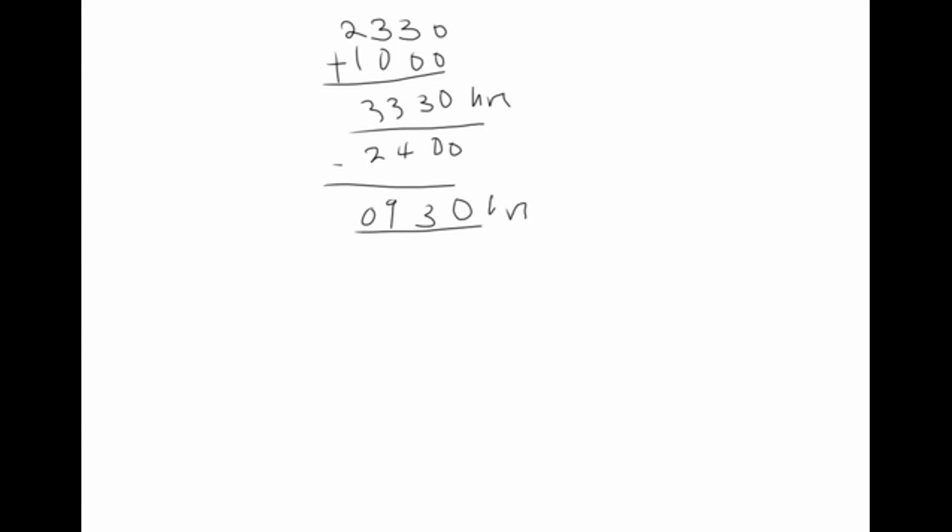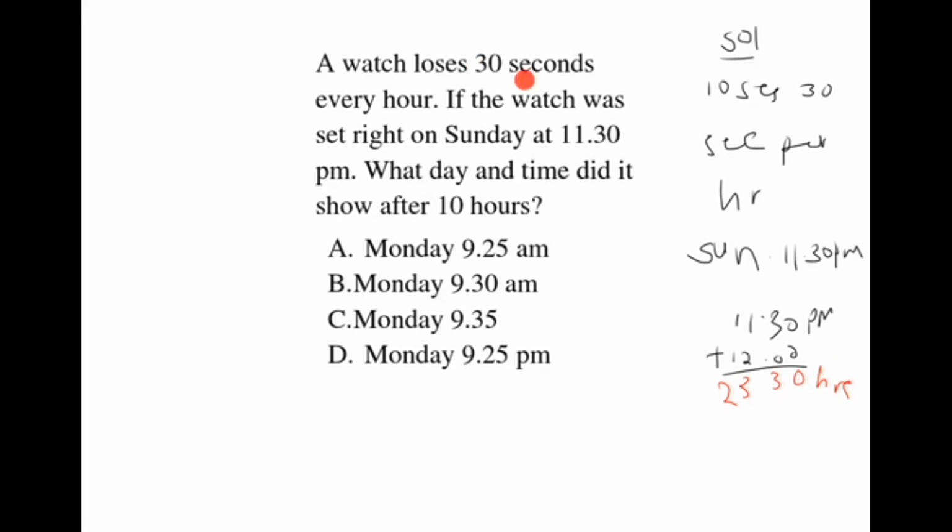This is 9:30 a.m. and now we have got to another day. This is on Monday. Then we are told that this watch loses 30 seconds every hour, and then here